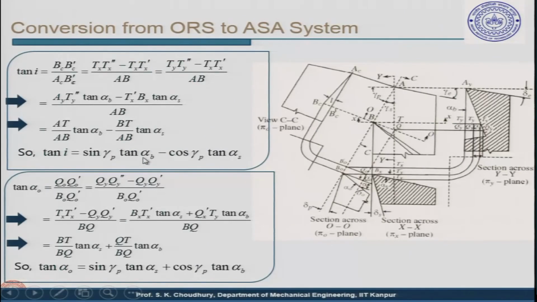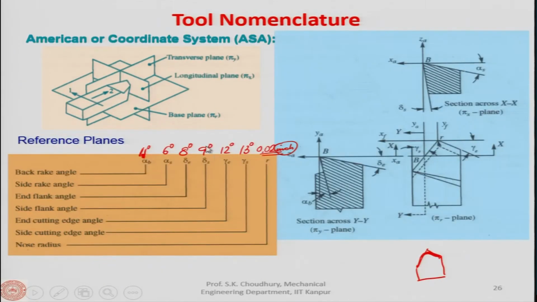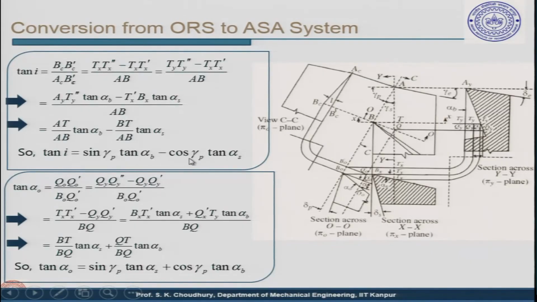So, this is into tan of alpha b, the back rake angle, okay, in the ASA system, this is the back rake angle, all right, and minus cos gamma